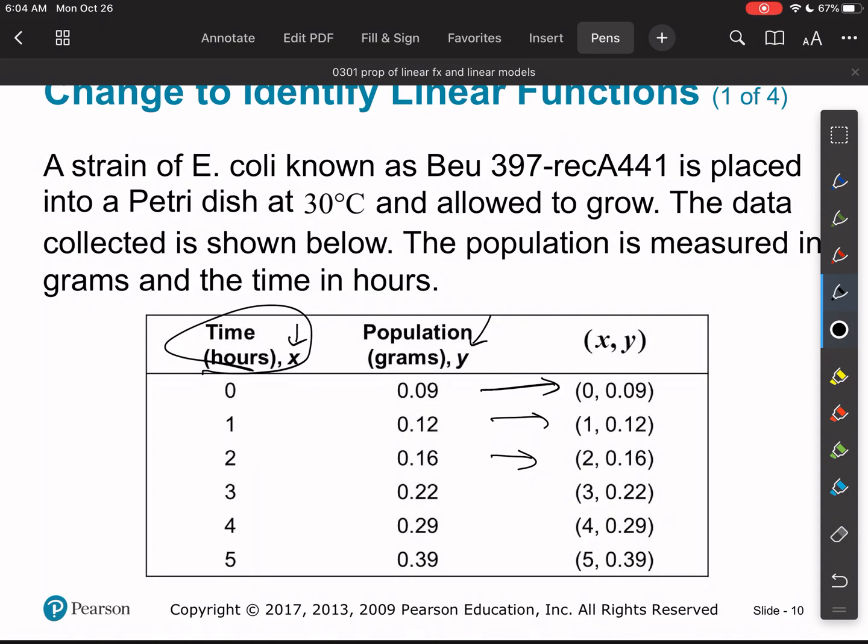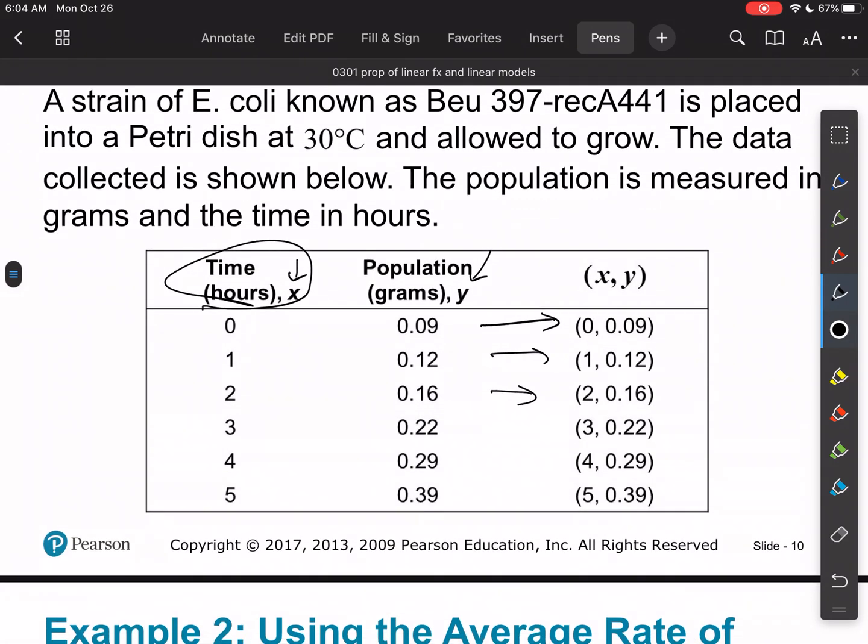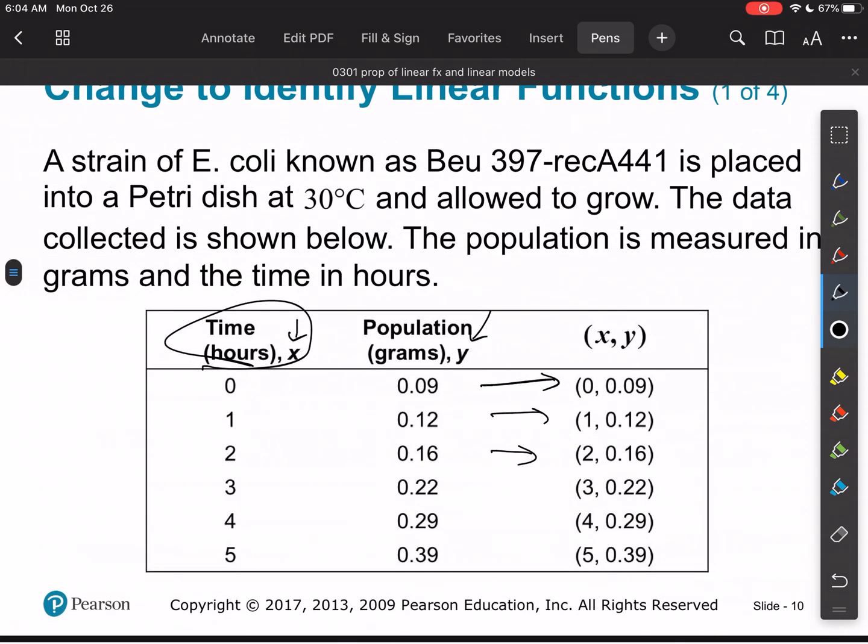All right, so really we want to know what is the average rate of change over time. If it's linear, it stays constant. All right, so each time I find the slope between these two things, it should stay the same. If it doesn't, if it's increasing or decreasing, then I know that I'm not dealing with a line anymore. So let's see what happens here when I do this. Again, the y values are second, right? So the change in y would be